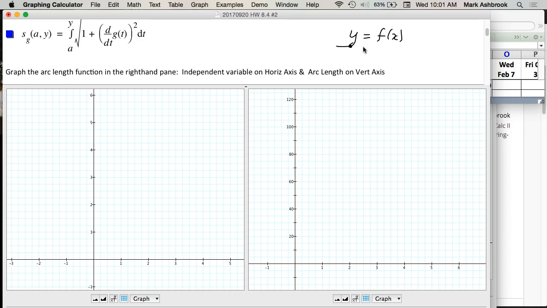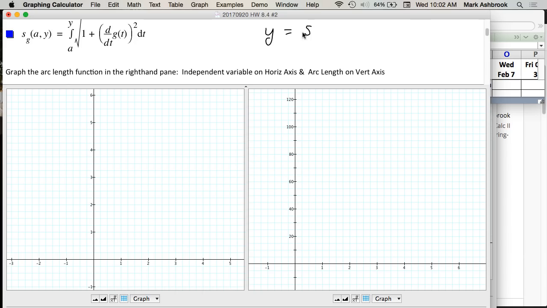So that's the idea of graphing the function f. It's going to put the independent variable on the x-axis, and it's going to put the dependent variable on the y-axis. So what am I going to do here? In this graph, what do I want the y to equal? What did I want on my vertical axis? Arc length. So I'm going to make y equal to what? S. So y is going to equal S